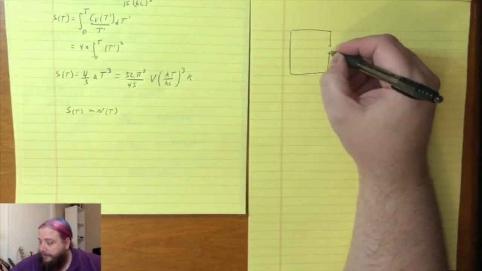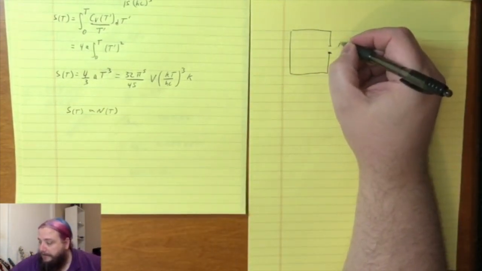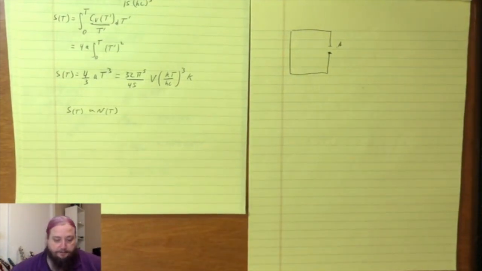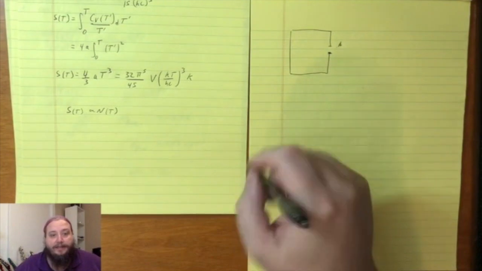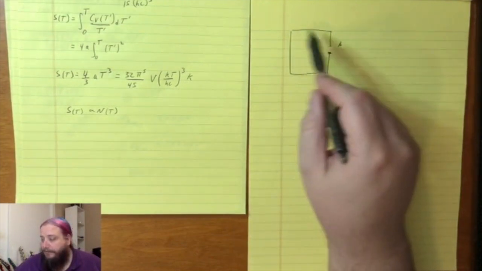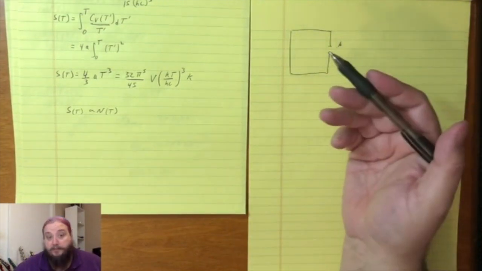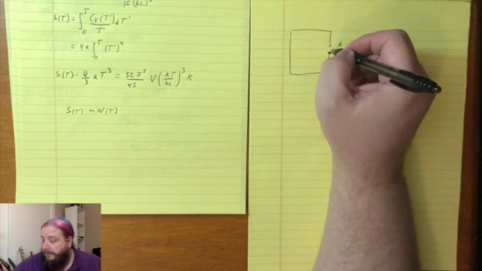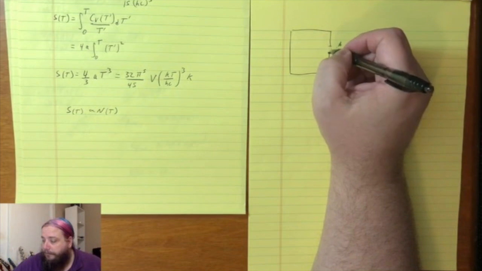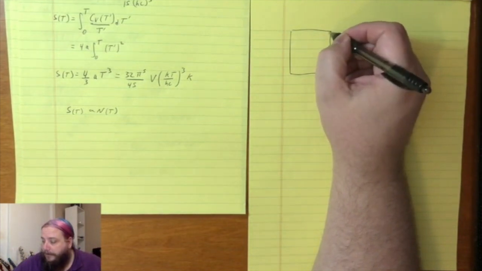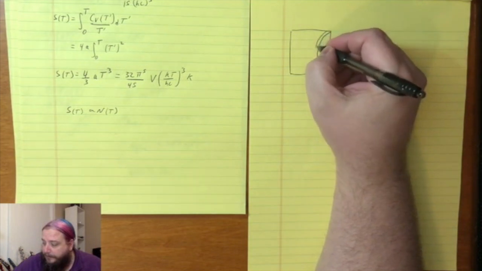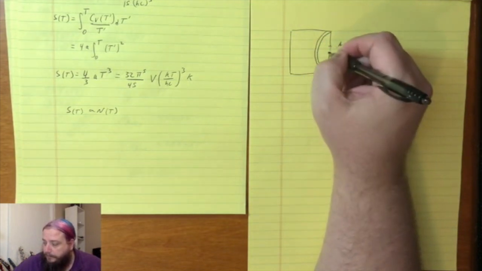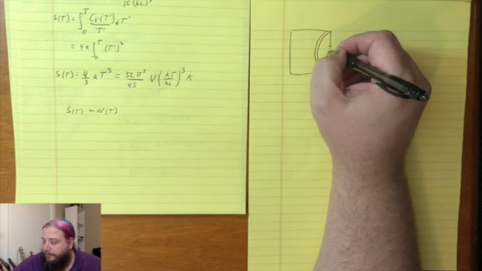We could let this window have some area A, and since all of the photons in this box move at the speed of light, then if we want to imagine all of the stuff that's going to come through some window here, then just before that, all of the photons that were going to come through that window were in some sort of a circular arc